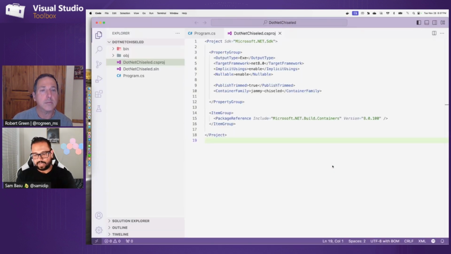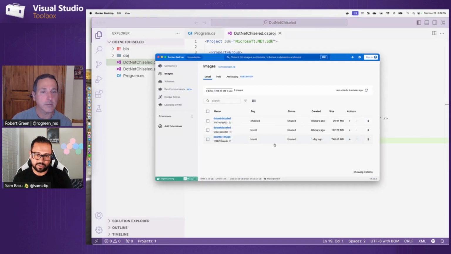So people have been asking for more and more portability from these containers. This was something that was done unofficially for about a year or so, but now it's official. So if you wanted .NET to be running really lean, where your footprint is almost minimal, because if you look at the container that we had, the counter image, just a hello world app with one dependency, that's about 248 megabytes.